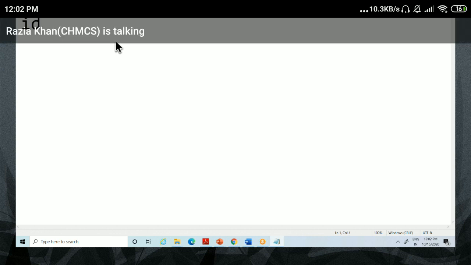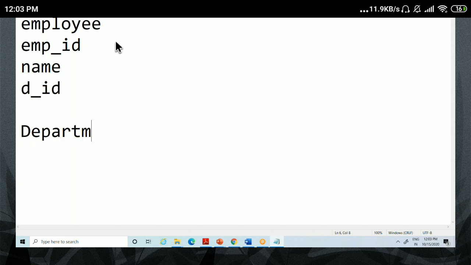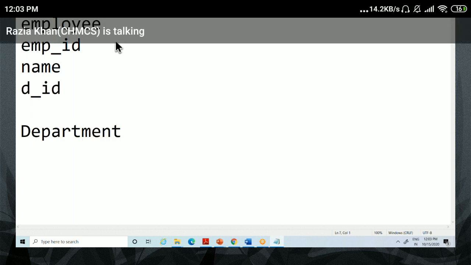Consider the same example. The first table is employee, and this employee contains column ID and other columns, maybe the employee ID, EMP ID, and name. One is a department ID, and the other table is department.